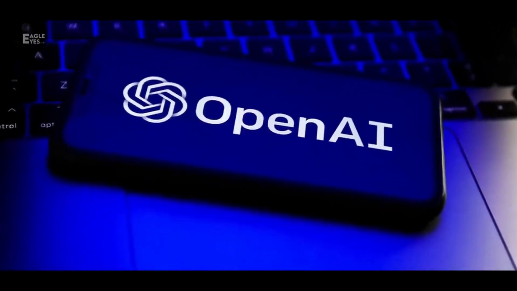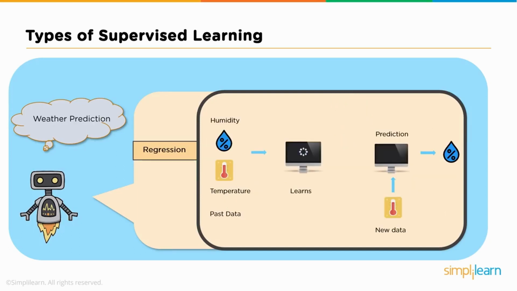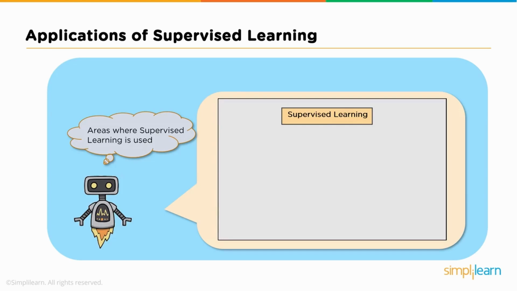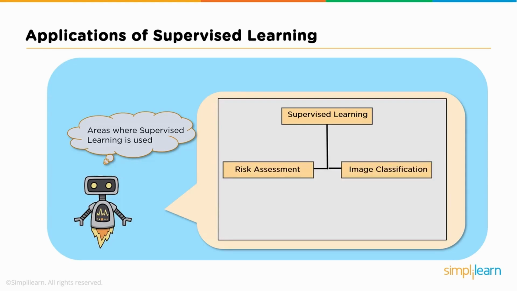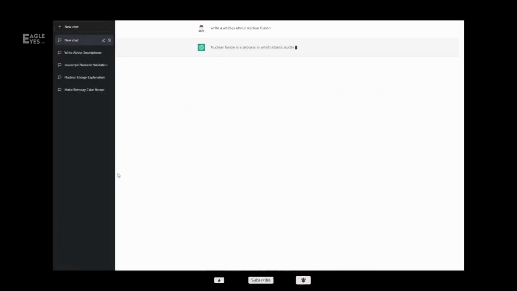Well, how was it trained? ChatGPT was fine-tuned on top of GPT 3.5 using supervised learning as well as reinforcement learning. Both approaches used human trainers to improve the model's performance. In the case of supervised learning, the model was provided with conversations in which the trainers played both sides, the user and the AI assistant.